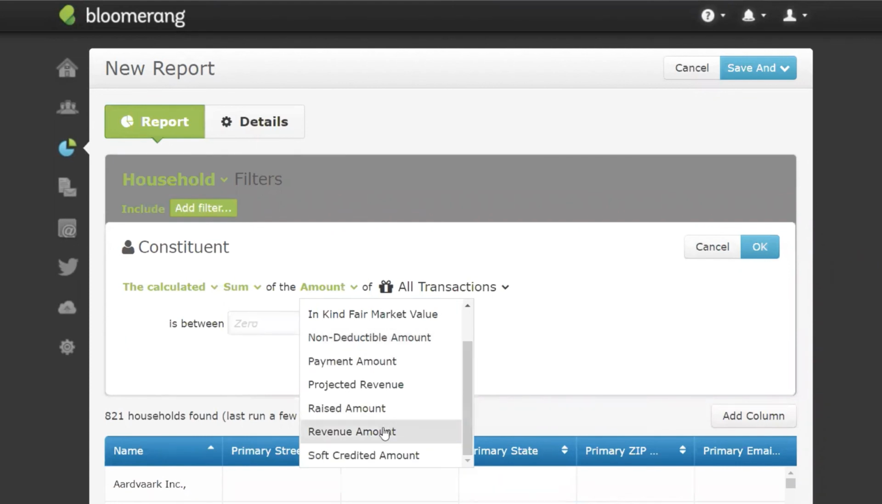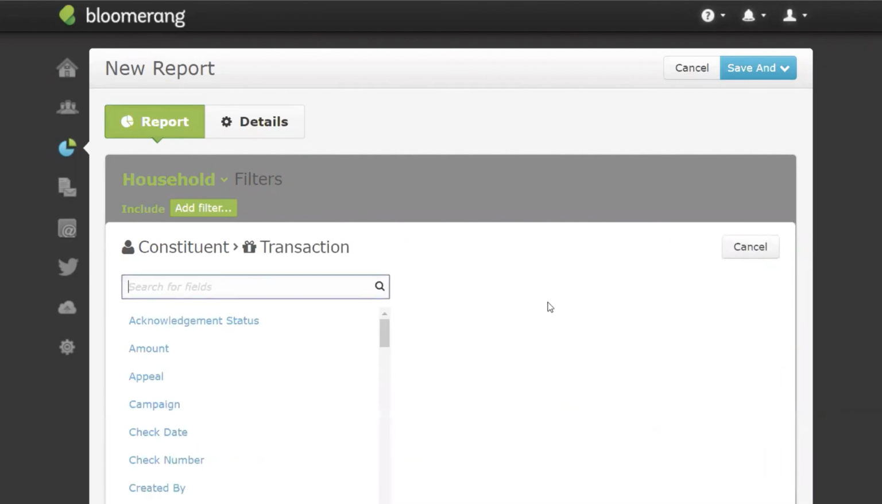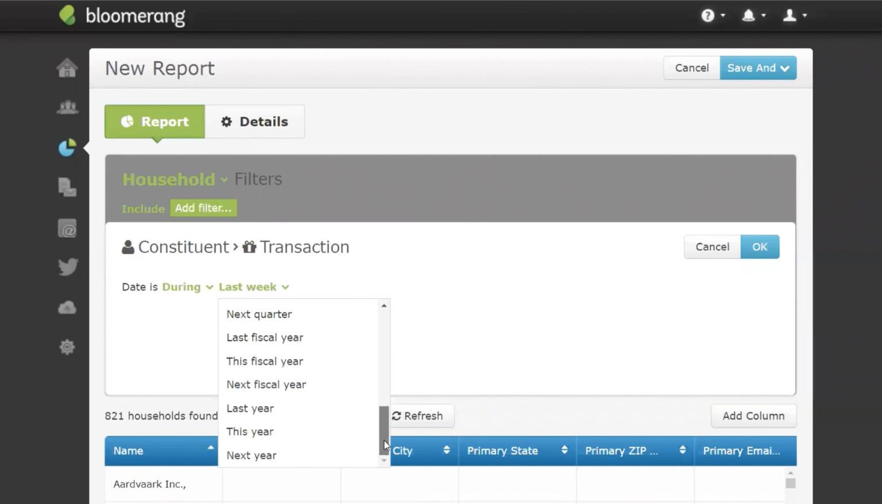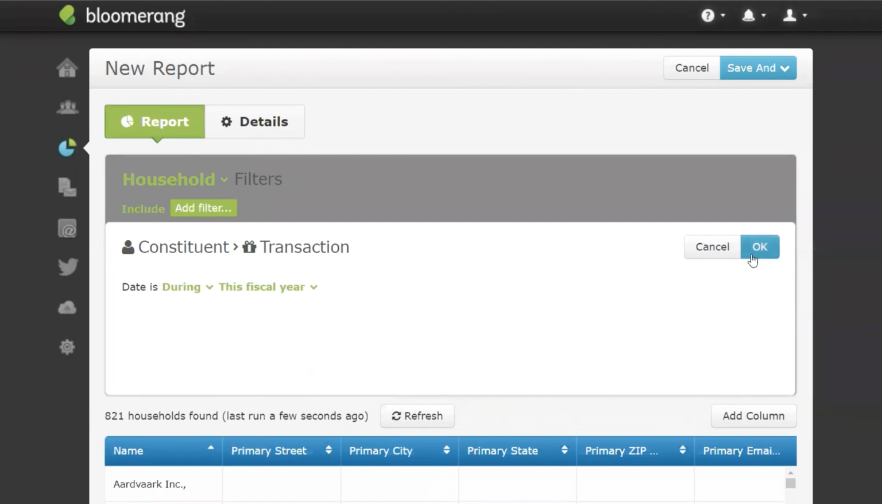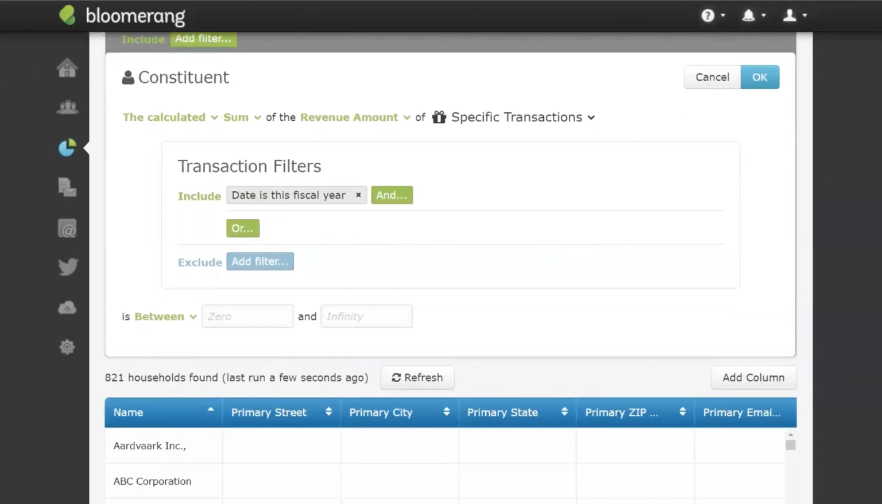Revenue amount means we're looking at donations, recurring donation payments, and pledge payments. We're not looking at pledges themselves, which might be multi-year pledges. So we're looking for the revenue amount of specific transactions where the date is during this fiscal year. This is assuming you've got a July 1st to June 30th fiscal year. So what this is going to do is give us people who have gifts this fiscal year totaling somewhere between, maybe let's go with